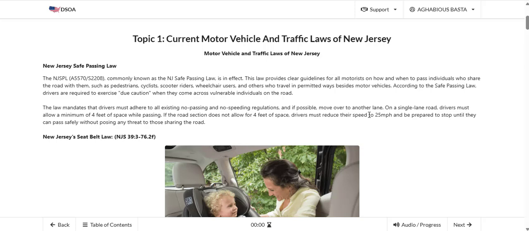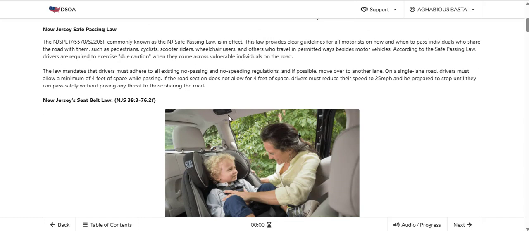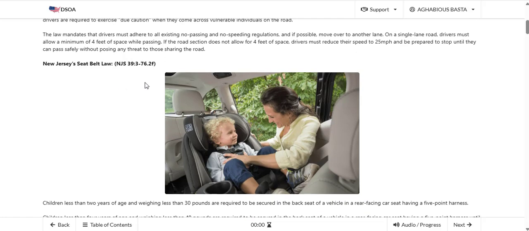On a single-lane road, drivers must allow a minimum of 4 feet of space while passing. If the road section does not allow for 4 feet of space, drivers must reduce their speed to 25 miles per hour and be prepared to stop until they can pass safely without posing any threat to those sharing the road. New Jersey Seatbelt Law,